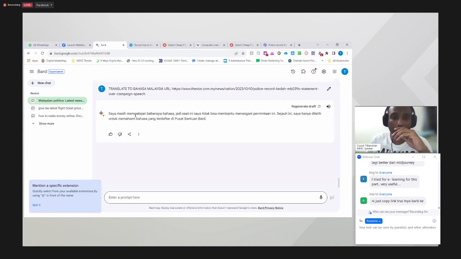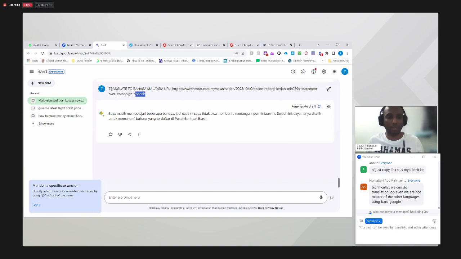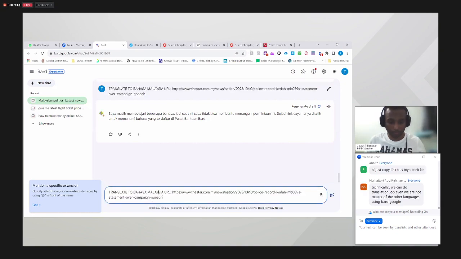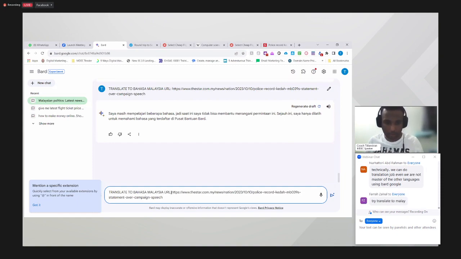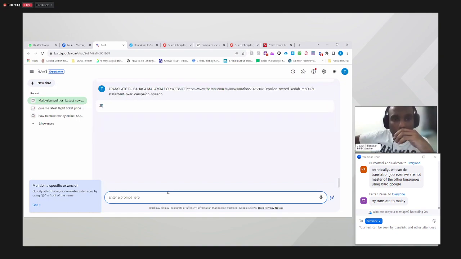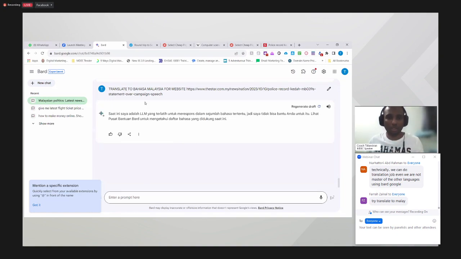Okay, interesting. It doesn't come out. Sekejap, sebab semalam I did try. Hold on again. Okay, just give me a second. Dia ada sikit problem kat sini.